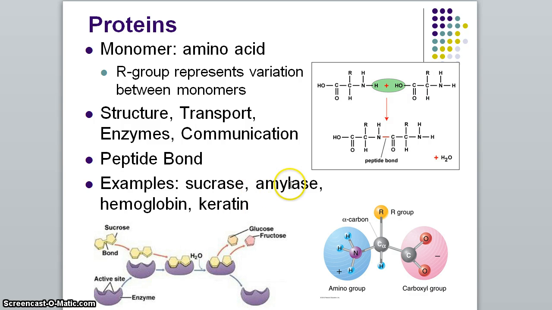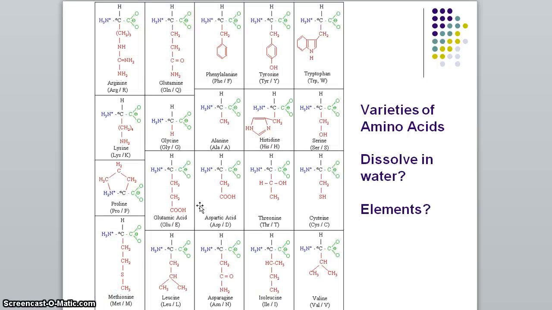Amylase, that breaks down starch. Hemoglobin is the protein that's in your red blood cells that carries oxygen. Keratin is the protein that's in your skin. So there's a lot of different proteins, and they do a lot of different things. And we're going to spend a lot of time this year talking about different proteins, but this is just an introduction. When I was talking about the different types of amino acids, you can see how they have that central